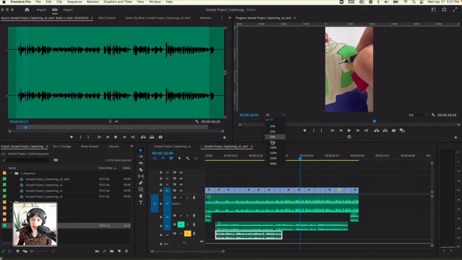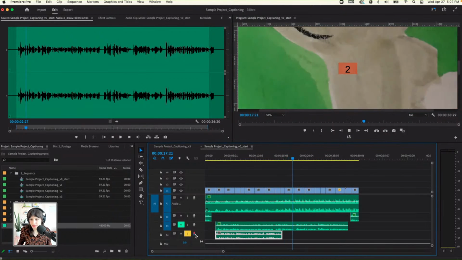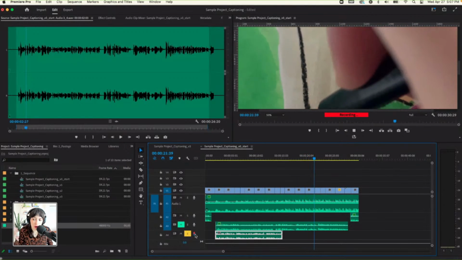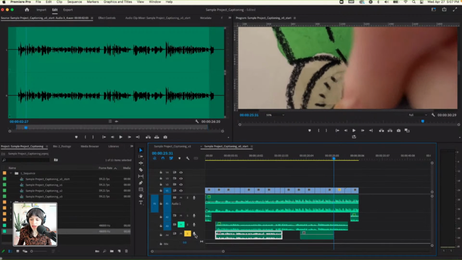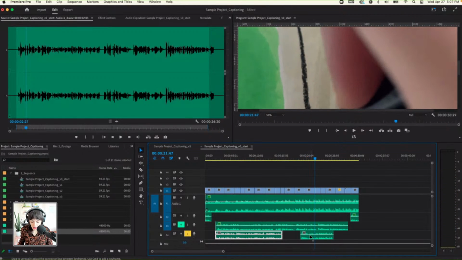So for vertical, you have to be real zoomed in order to see that countdown. So let's try it one more time. And then you get the red bar after that countdown. So that's how that works. And so I can record right now. And then when I'm done recording, I press space bar. And there it is. Red bar after that countdown. So that's how that works. Okay, so now that I showed you how to record, let's move on to actually